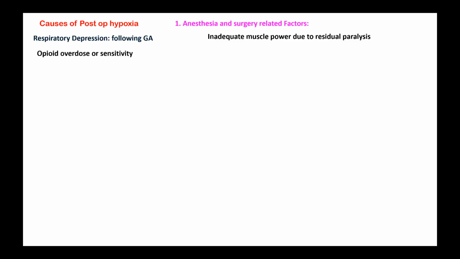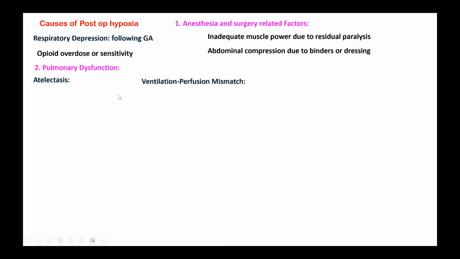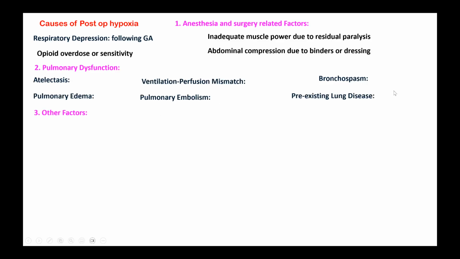Then post-op anesthesia and surgery-related factors are respiratory depression, especially after opioid anesthesia and GA, inadequate muscle power due to inadequate reversal or re-paralyzation happening, opioid overdose or sensitivity, abdominal compression due to binders and other restrictions in the movement of diaphragm, and pulmonary dysfunction either due to atelectasis, ventilation perfusion mismatch, bronchospasm, pulmonary edema, pulmonary embolism, or pre-existing